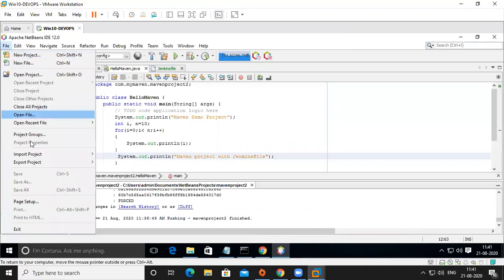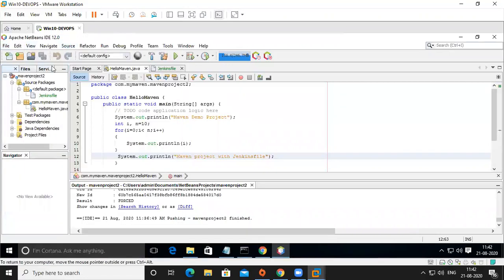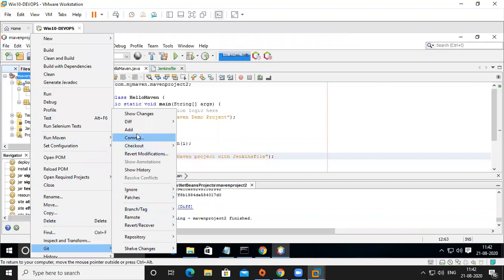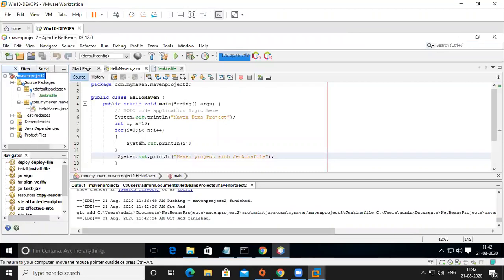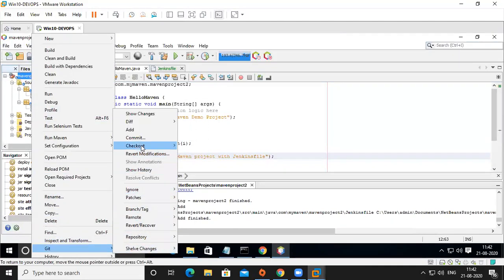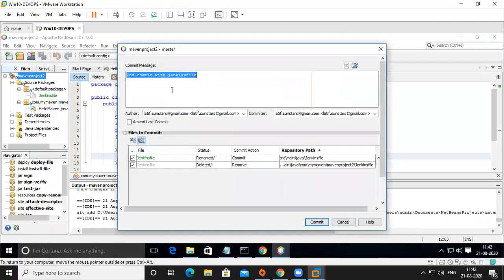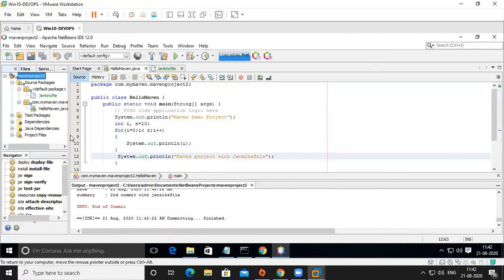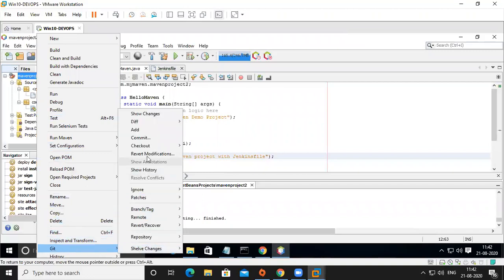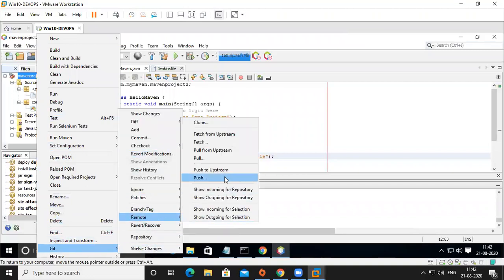Again, we have to do all these things. Remote push.